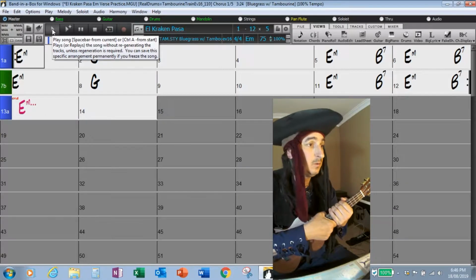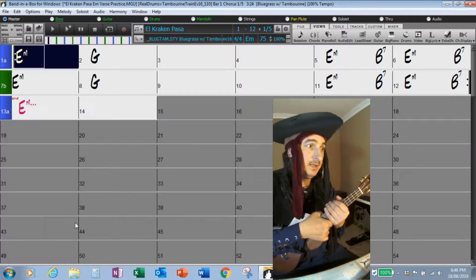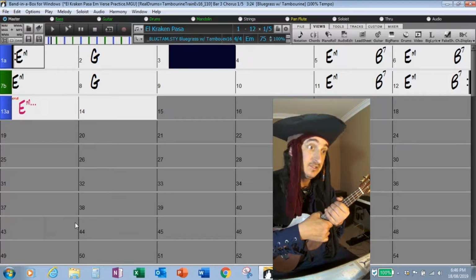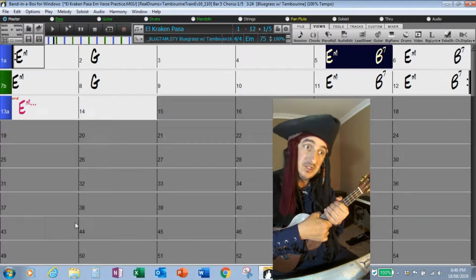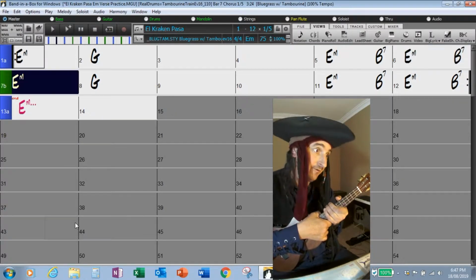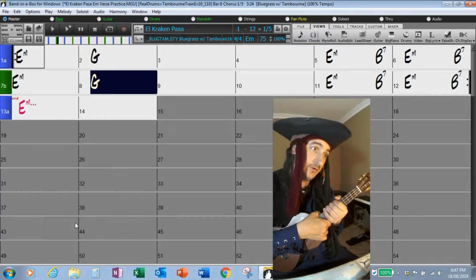1, 2, 3, 4. E minor, 2, 3, 4, G, and a 2, and a 3, and a 4, and a G, 2, 3, 4, E minor, 2, 3, 4, E minor, 2, 3, B7, E minor, 2, 3, B7, E minor, 2, 3, 4, G, 2, 3, 4,